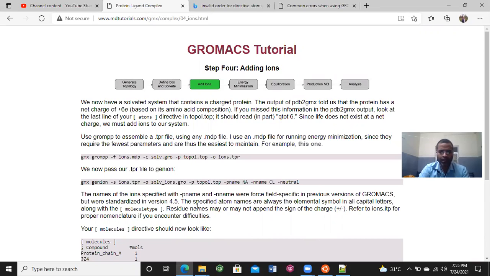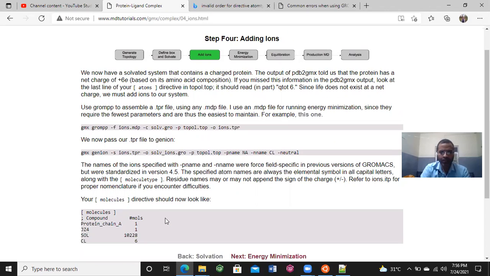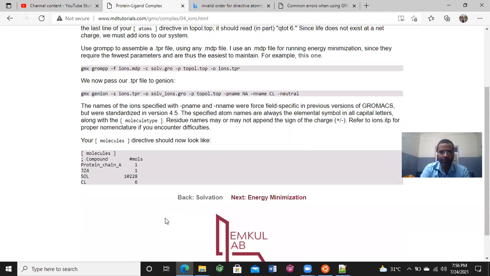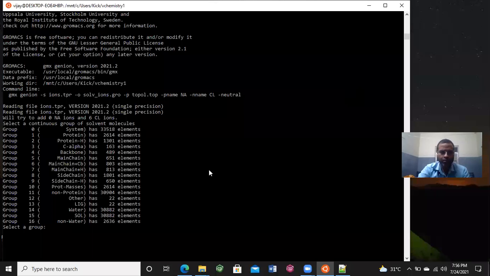But since solvent in the form of water is chosen, here we can replace water molecules. Just select 15 for SOL, right here 15, and press enter.